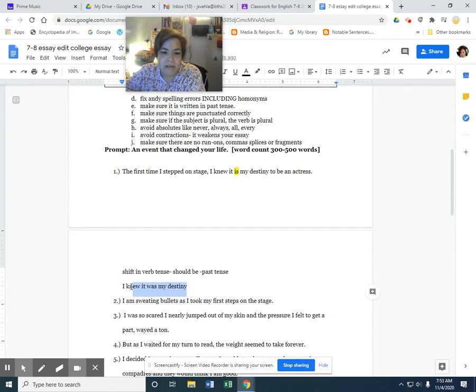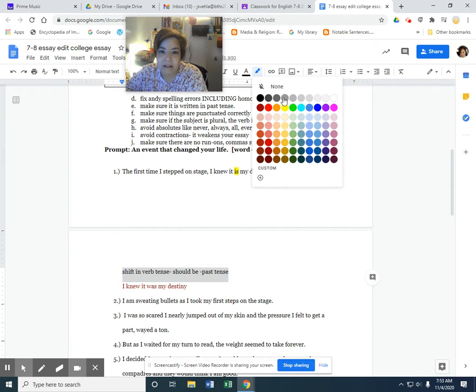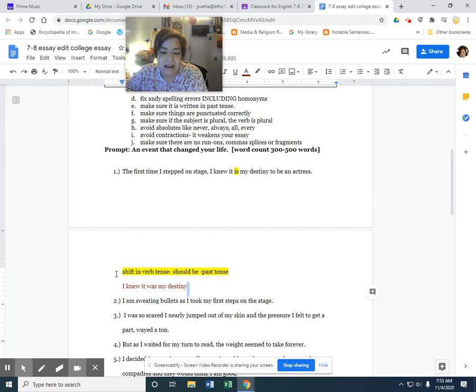Okay, and then I wanted to change this to any color I want. I'm going to go with red. Okay, and so then I have the three things I need. I have it highlighted, I have it explained why, and if you want to highlight that in yellow, great, because that'll help me see it. And then I have how to rewrite it, how it should be.